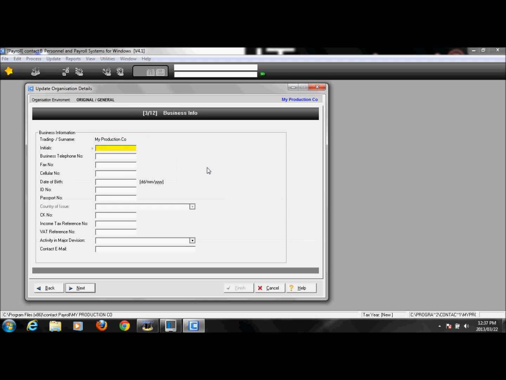Now it starts asking business information. For my company, it's asking for the initials of the director, my telephone number, fax number, cellular number, and date of birth. Let me make this one up. Then the ID number, and the passport number, which you can leave blank. That's an optional field. Of course, when you complete the passport number, you have to select the country applicable to that passport. Then you enter your CK number,